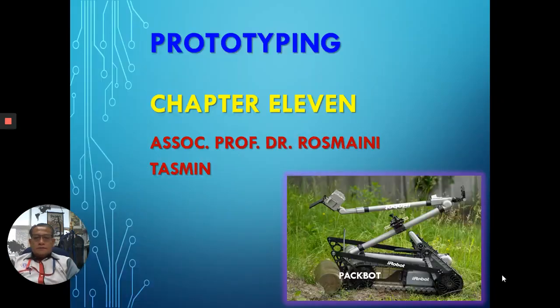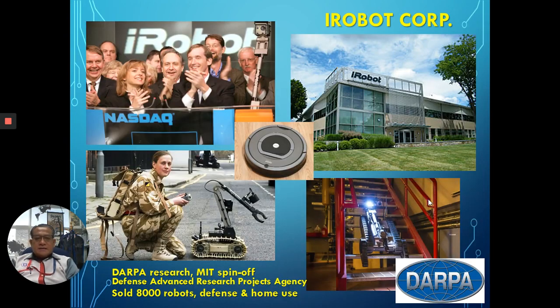Hello, good afternoon. So now I would like to deliver a lecture on Chapter 11 of the Product Development course, titled Prototyping. In this chapter, the textbook presents the case for this kind of product in the form of the iRobot PackBot. The iRobot PackBot is basically a very specific use product that was designed by